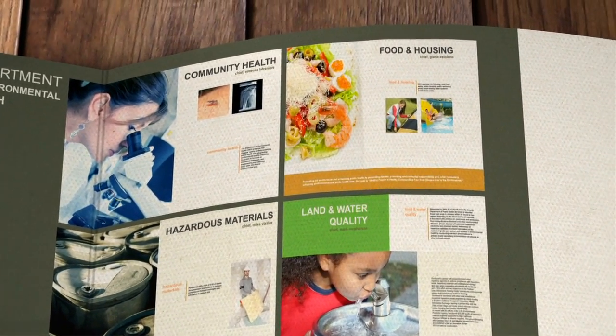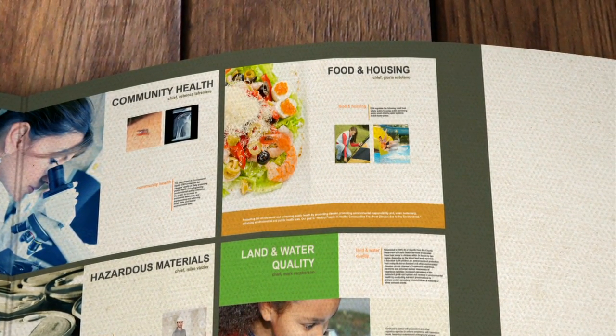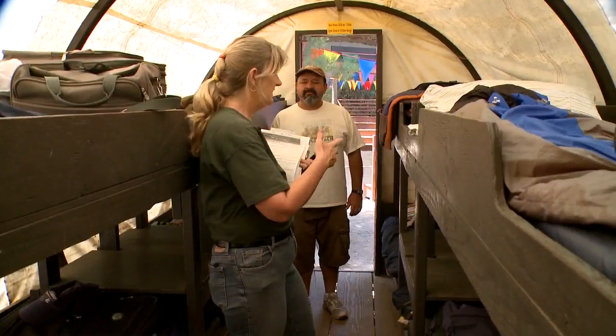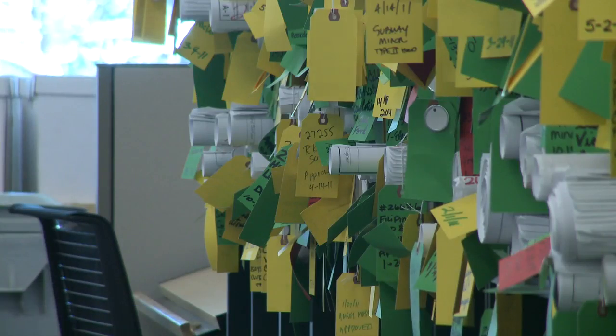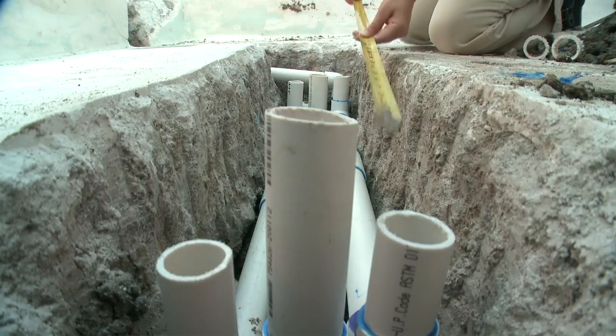Next is food and housing. This group looks at food facilities, public swimming pools, body art, and housing. We also monitor organized camps, making sure they follow the rules so your child's summer camp experience is a safe one. We check construction plans on new or remodeled food facilities and public swimming pools to make sure they comply